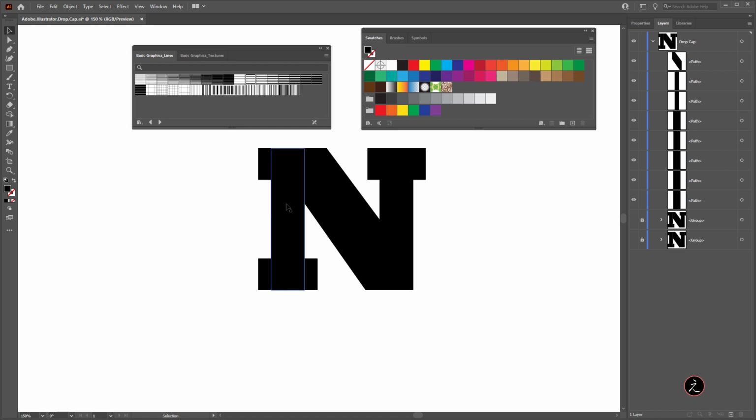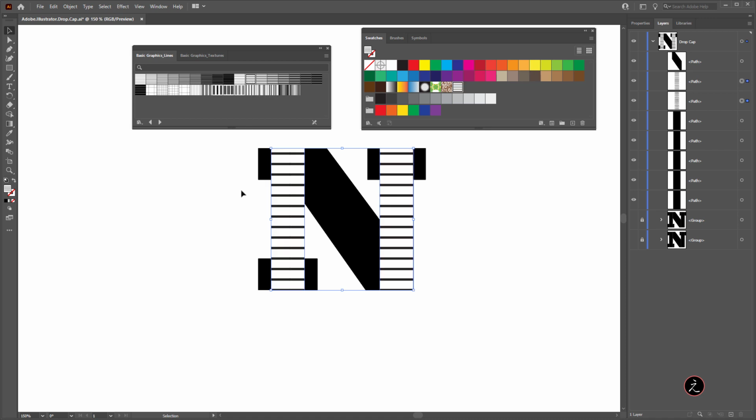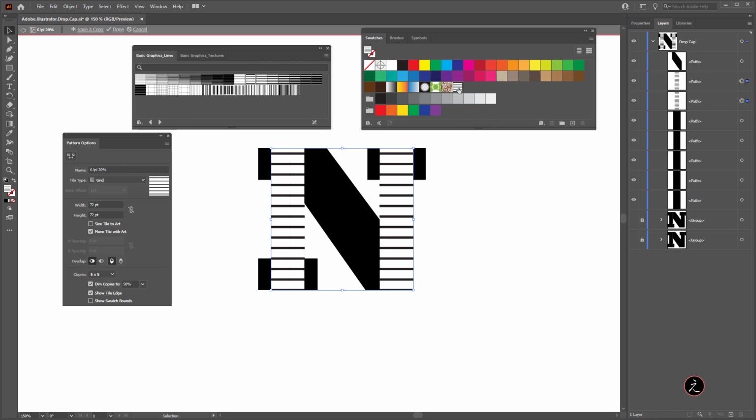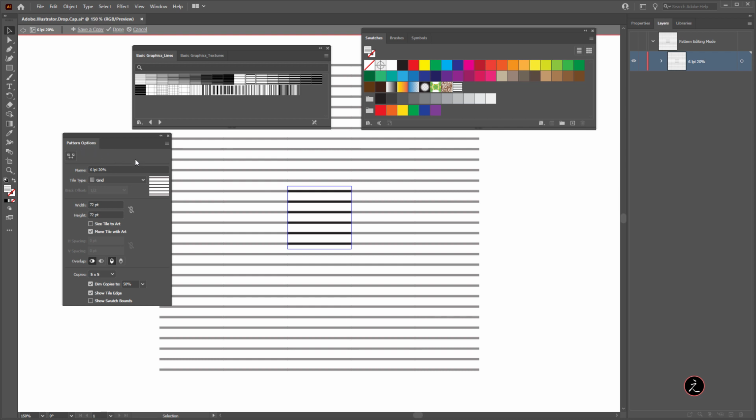But before I do that, I need to first of all shift select, click on these two shapes here. I can see also the preview here and apply this pattern. Just make sure that the fill is right on top. So click on that and here's the pattern. Great. Now this pattern gets added to the swatches panel. Here it is. So what I'm going to do is double click inside the pattern options and then marquee select because I want to edit these and I am inside the pattern editing mode.